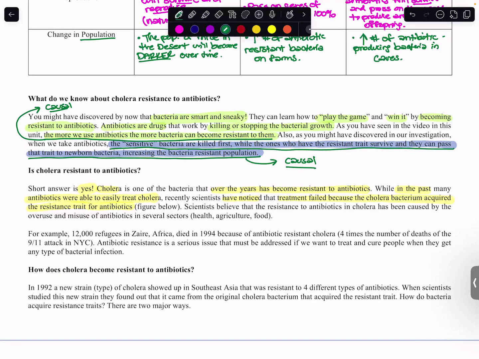So this is also causal, right? Treatment failed because the cholera bacterium acquired the resistance to it. If it didn't, then we'd still be able to use antibiotics to kill them, but apparently they're resisting it. Scientists believe that the resistance to antibiotics in cholera has been caused by the overuse and misuse of antibiotics in several sectors, so health, agricultural,